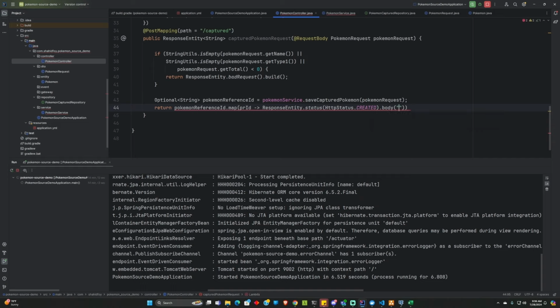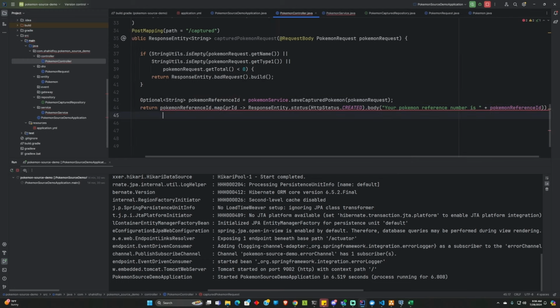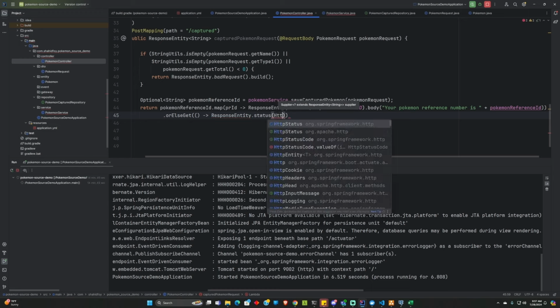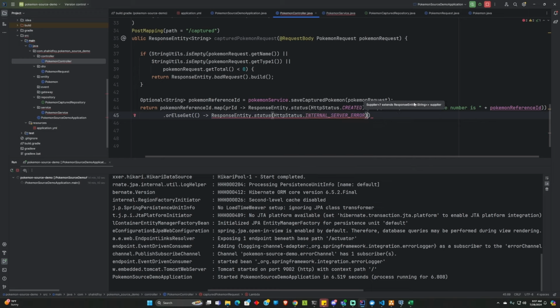So this is the string we're returning back to the user. Your Pokemon reference number is plus Pokemon reference ID, and or else if we don't get anything, we are going to do a ResponseEntity status of HttpStatus internal server error dot build. Okay,